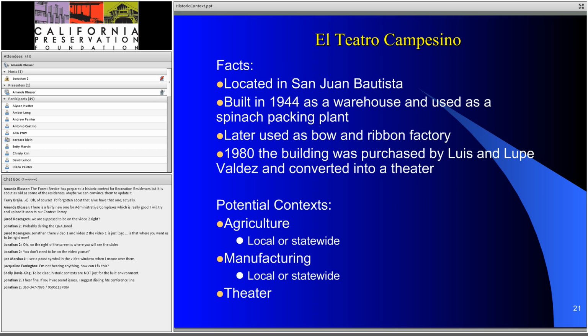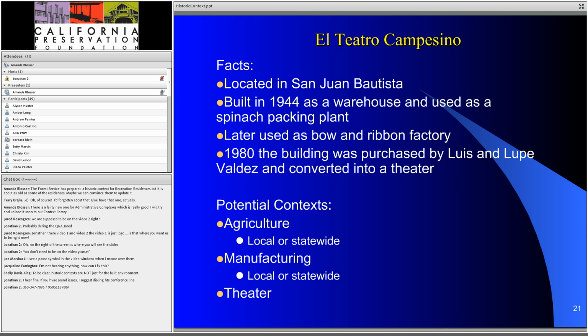They did receive authorization to construct it during the war. Apparently you had to do that because they would be feeding the troops. So our troops ate spinach from San Juan Bautista. After the spinach packing plant closed, it was used as a bow and ribbon factory for a few years, and then in 1980 the building was purchased by Luis and Lupe Valdez and converted into a theater. It became the home of El Teatro Campesino. So potential context for this building: